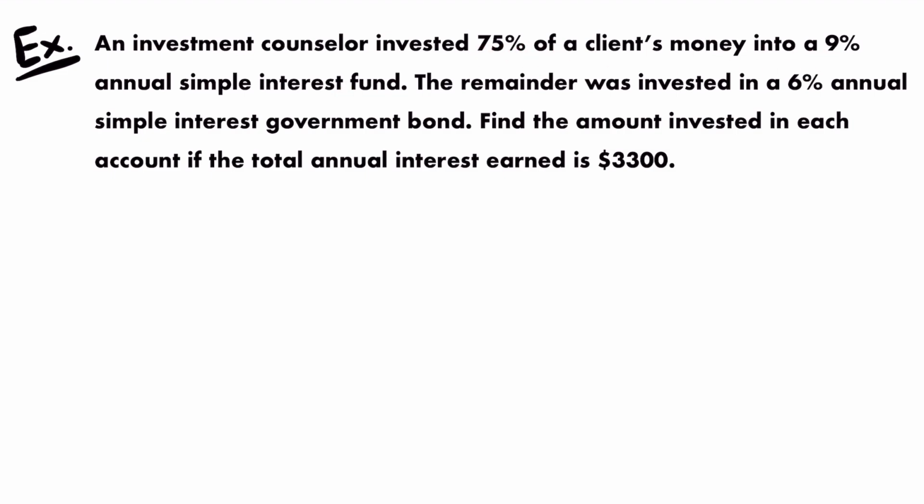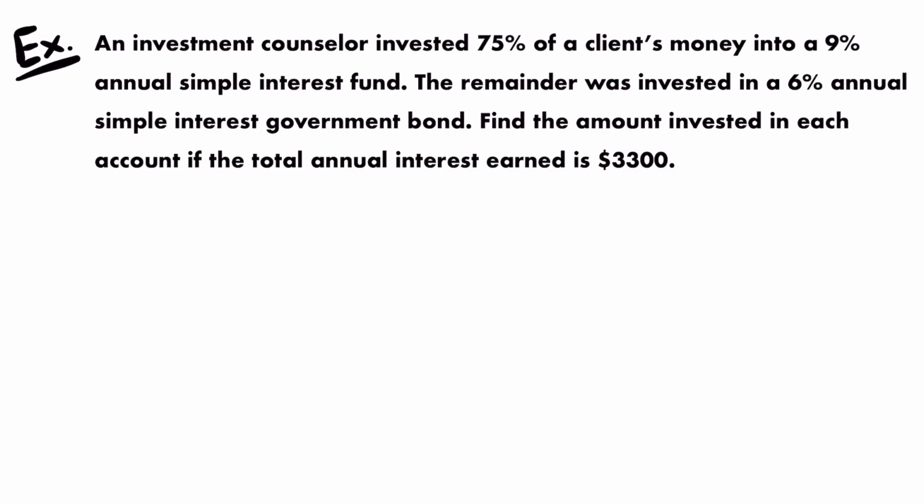If 75% is going in one account, then 25% is going in the other. But we'll talk about that in a little bit. That amount is going into a second account with a 6% simple interest rate, okay? Or really, it's being invested in a government bond. Given that information, we want to find the amount that is invested in each of those accounts if we know that the total interest earned between the two investments is